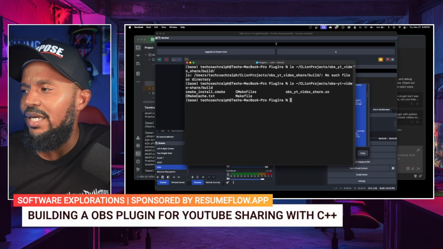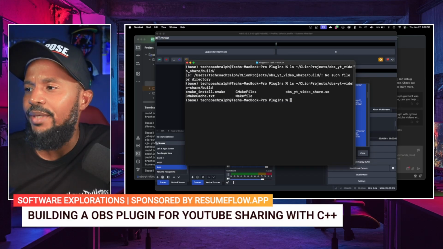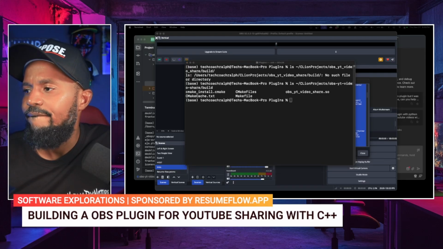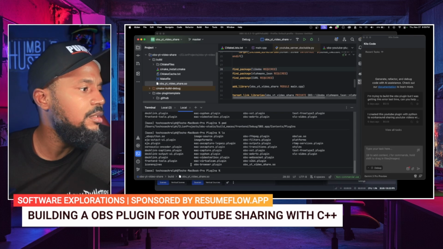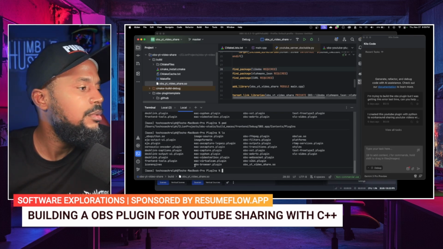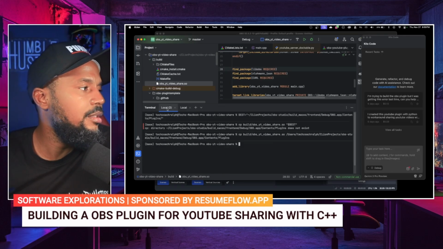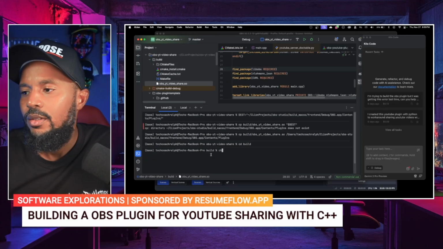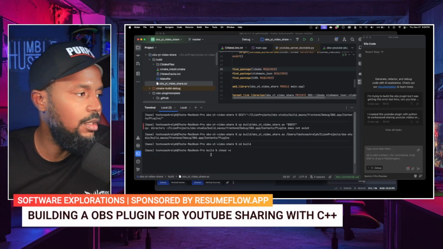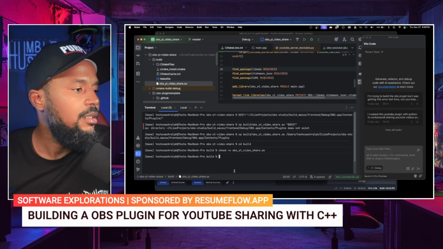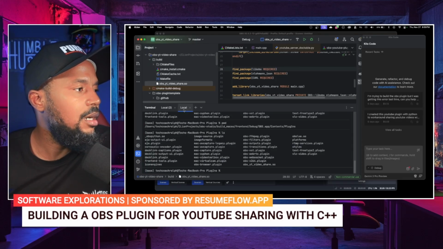So now the permission check. Sometimes CMake files are without execute permissions and macOS will refuse to load it and OBS fails silently. Let's do, all right, so I'm going to do this from this folder and we will go here and do cd build and we're going to say chmod +x for execute permissions, OBS video share. Okay. Now, if we go and copy the file over again,